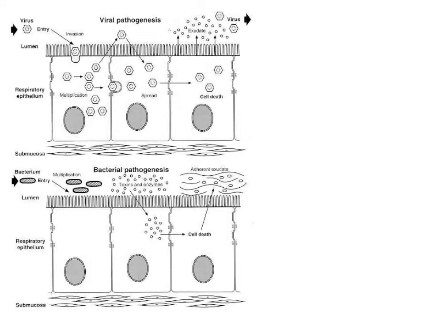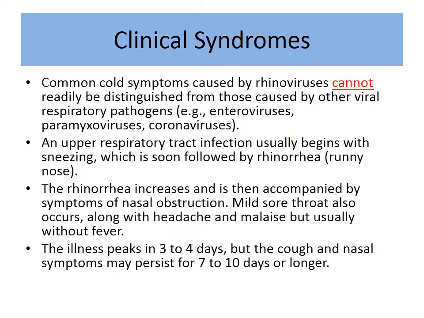So if I was to take a scraping from your skin lesion and look at the cells, I'm going to see cells which are joined together in a syncytium, and they're all killed by these viruses. Many a time when we take the viral culture, we have to grow them on monkey kidney cells, because that's where they grow. They have to have some media there. The clinical